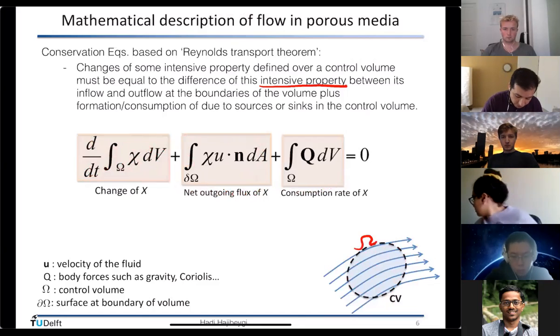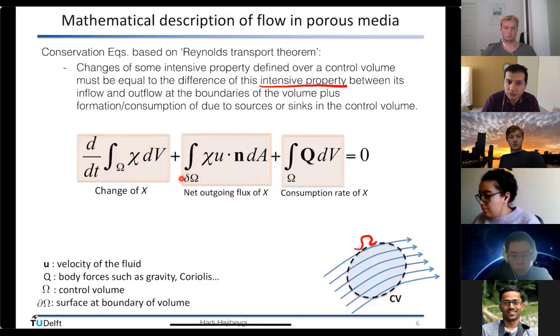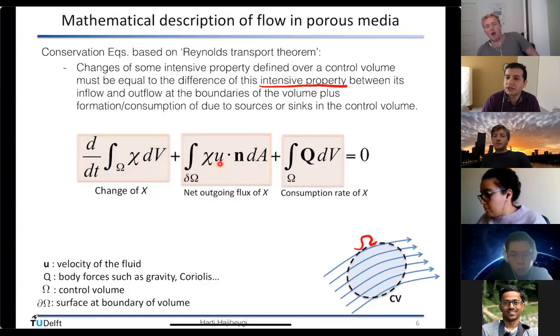The second term here is the integral, which is summation over the boundary of omega, of the flux of x, so x is traveling with velocity u,